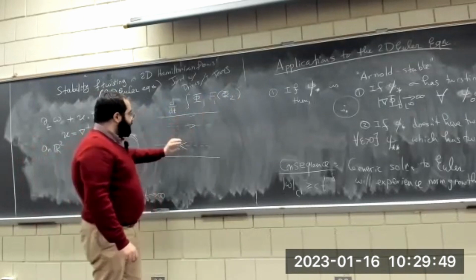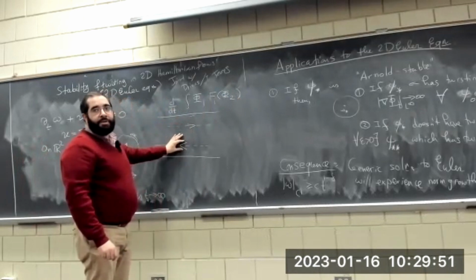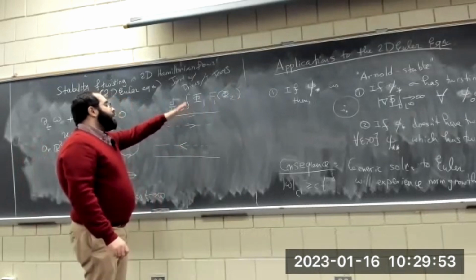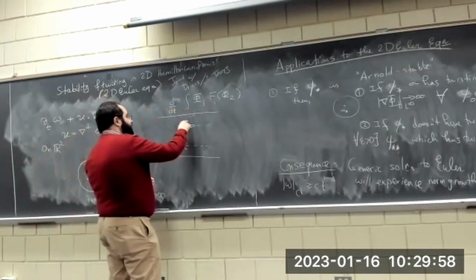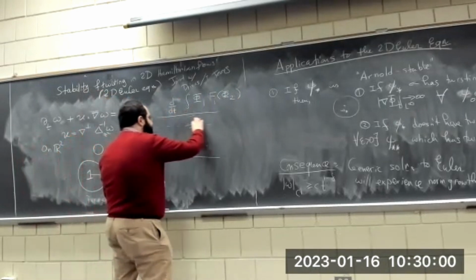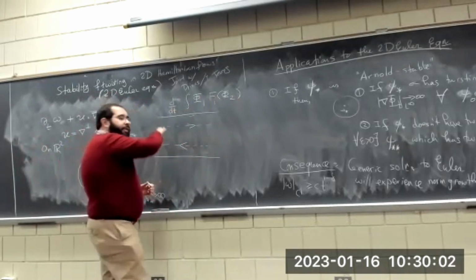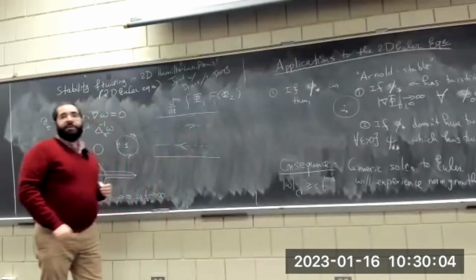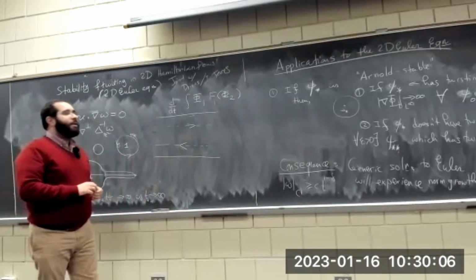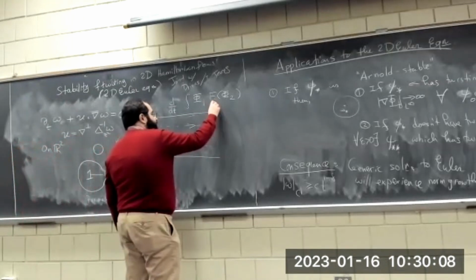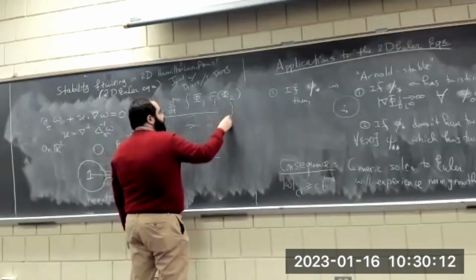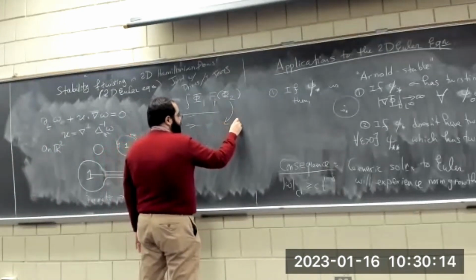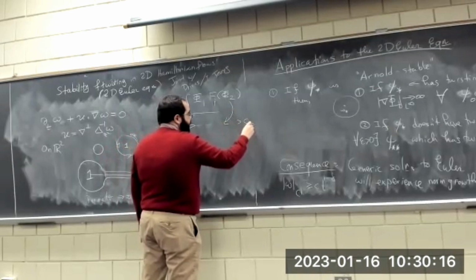F2 localizes you to this region. So this measures the amount of particles which are supported in this strip, and where they are horizontally. You see what I'm saying? So F1 is maybe a bump around this value. We show that this is bigger than